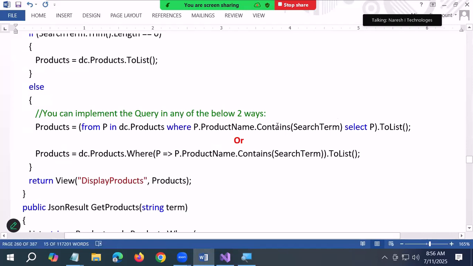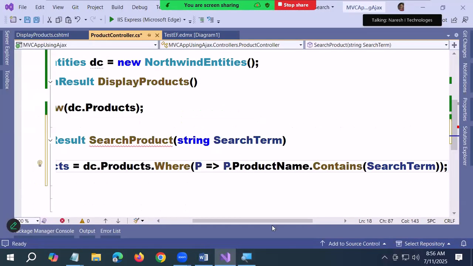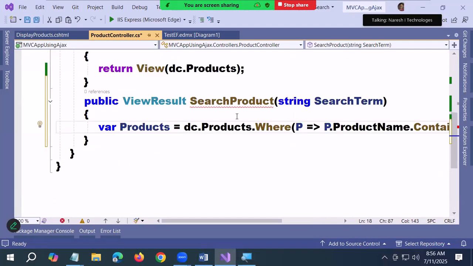Are you clearer or not? Both styles of code. Okay, a small thing here. When the user clicks, search term should contain some value in it. Am I correct? If search term doesn't contain any value,